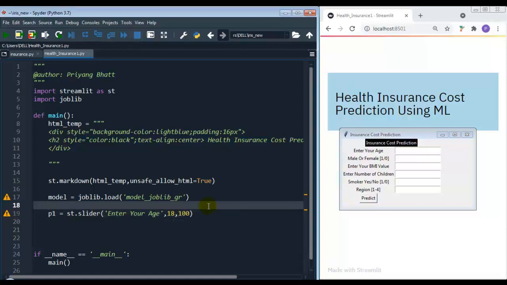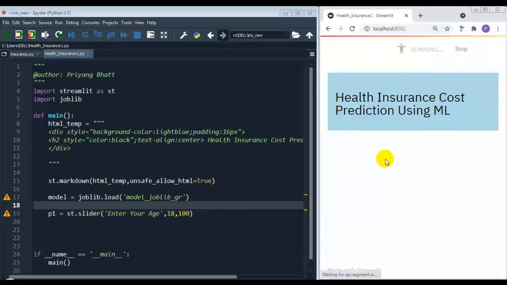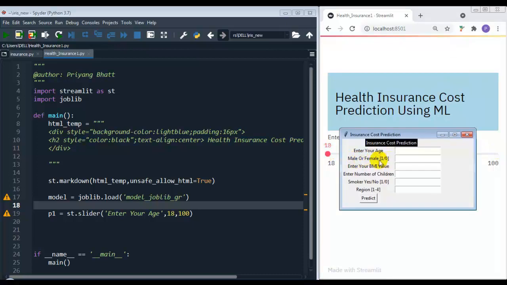Let me save this code and let me reload this app. As you can see over here, so using this slider users can enter their age that you can see over here. So now let's create the second field, sex, means user can select male or female.